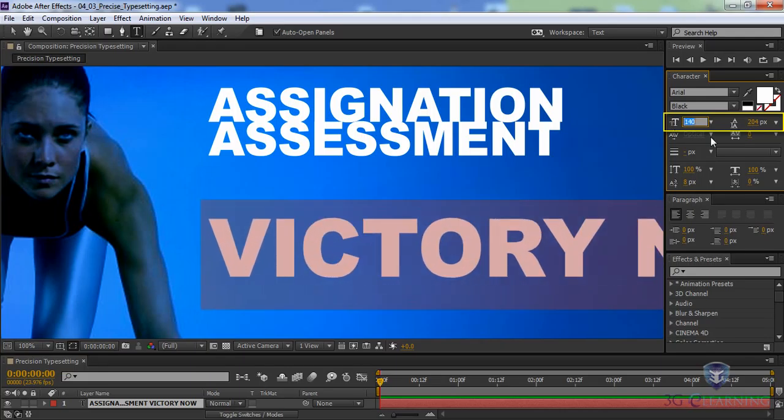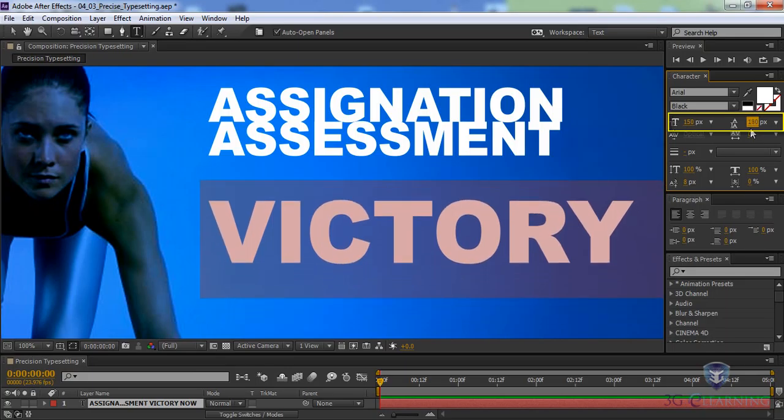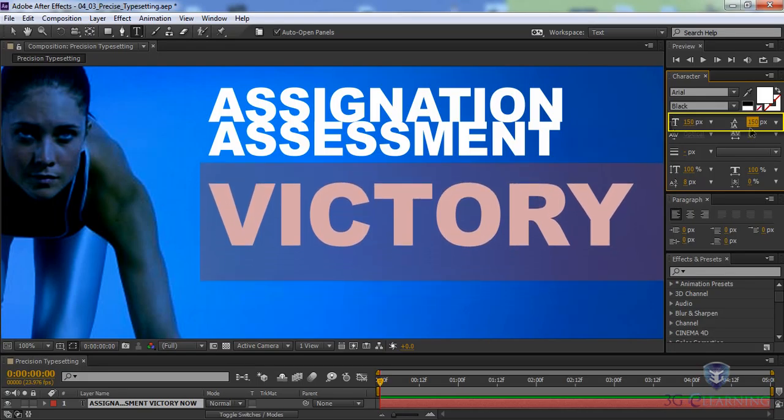Now let's go ahead and increase this. Let's make this size of success match the length of determination. I'll need to close up the space in between these lines again. So to do that, I'm going to press tab on my keyboard and move to the next parameter in the character panel. Now if I hold down shift and use my up arrow or down arrow, I can tighten or loosen the amount of space in between the lines. The up arrow is increasing the amount of space and the down arrow is decreasing the amount of space. And that was a little bit backwards from the way it worked when we actually had the line of text selected. So anyway, let's go ahead and click to the right of the word success with our mouse,